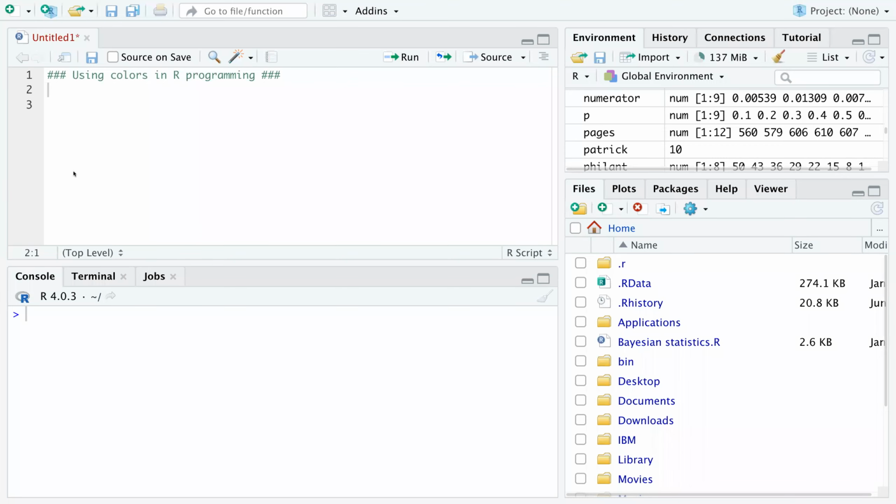Hello guys, my name is Patrick Mensah, and today I am going to talk about how to use colors in our programming. Before we do graphs, for example histograms, pie charts, bar charts,